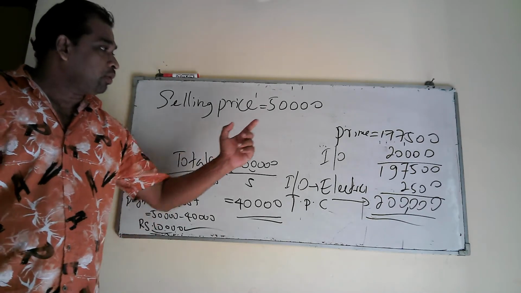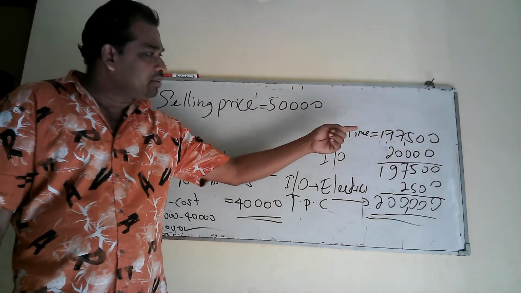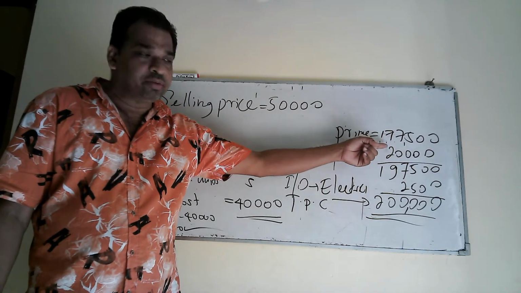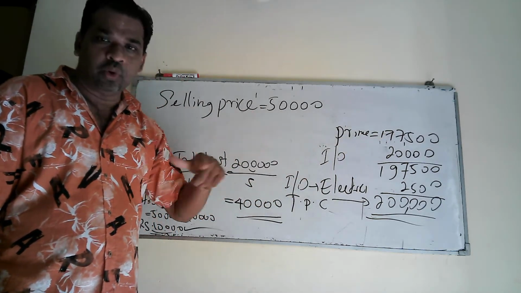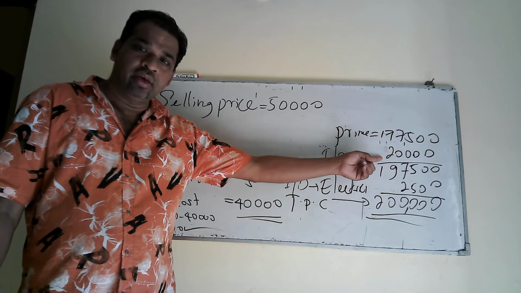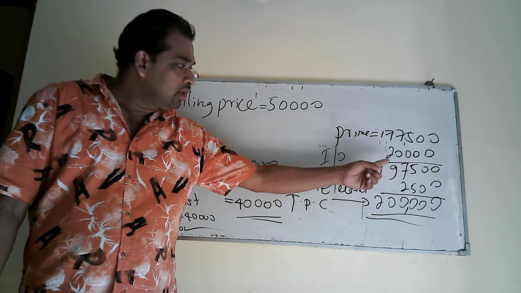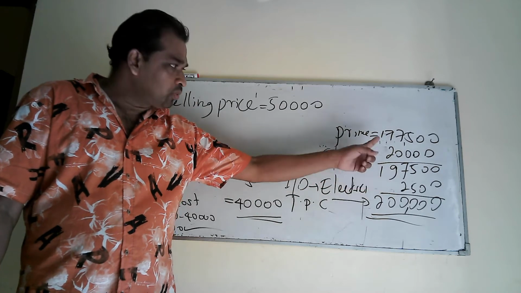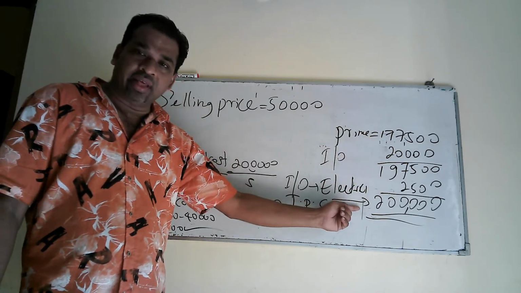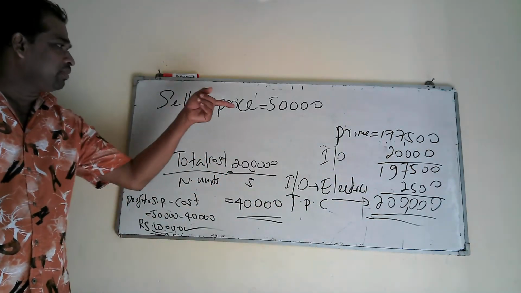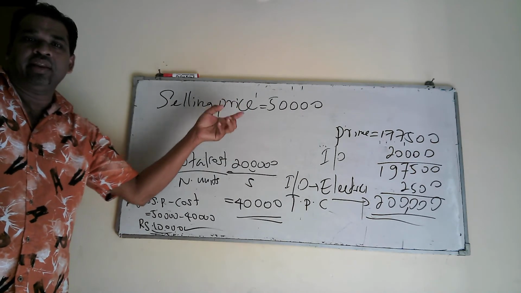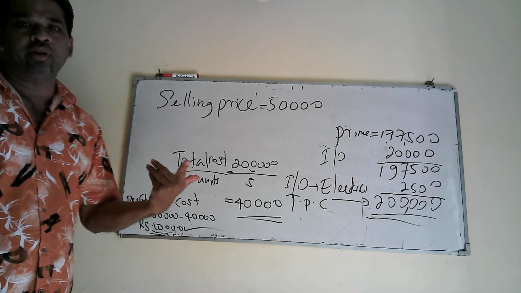I will just explain. First, you have to calculate prime cost, that is 77,500. Then we are given another two indirect other costs: rent for shop 20,000 and electricity 2,500. We add those two values to the prime cost. We got total cost 200,000. Then as we are given the selling price, we can't directly calculate profit. We have no unit cost.